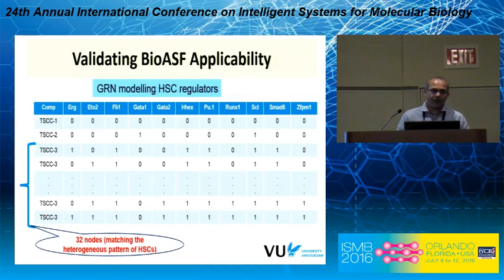And for the gene regulatory network experiment, we built a large network in which each node represents a cell state consisting of 11 genes. And within this big network,